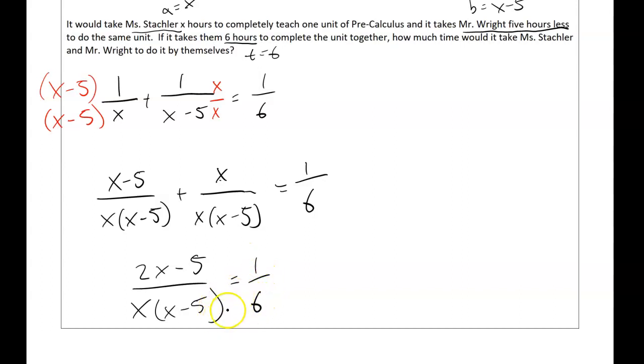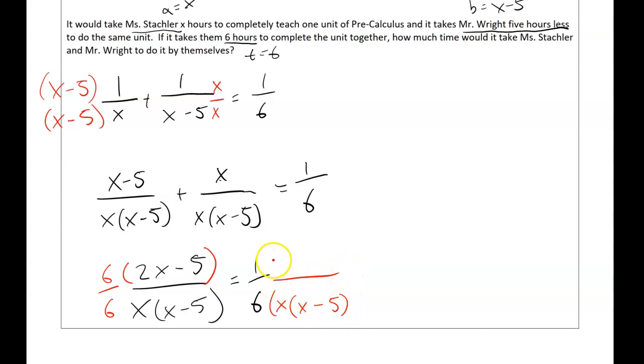Now, there's a couple different ways I could solve this. I could cross multiply, right? I'm going to choose instead to get a common denominator on both sides. So what I look for is what each denominator is missing. On my left-hand side, I'm missing a 6, and it needs to be an FFU, right? It needs to be a funny form of 1. So 6 over 6 I multiply by, and on the right, I multiply times x minus 5, which is my